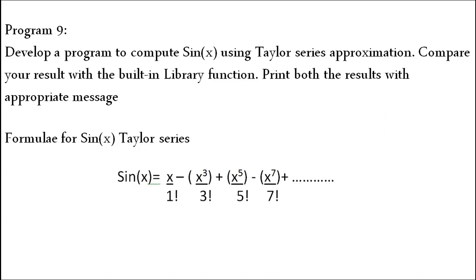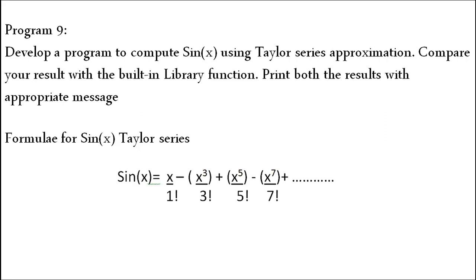So third thing that you need to understand is whatever the number will be there at exponential level, the same number will be my denominator, that with factorial number. So if my x to the power of 3, the exponential number is 3, so 3 factorial will be the denominator for that value. If x to the power of 5 is there, 5 factorial. If x to the power of 7 is there, 7 factorial. If x to the power of 9 is there, 9 factorial and so on. So this is how a general Taylor series formula is there with respect to sine function.